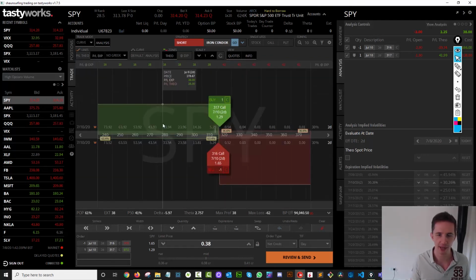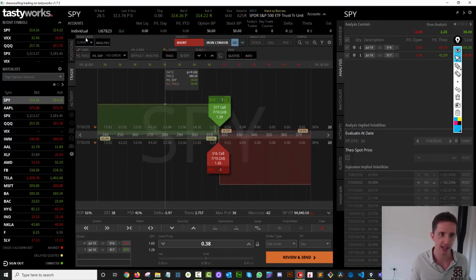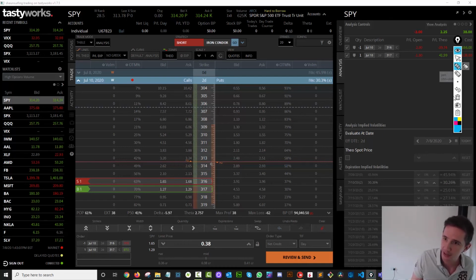This is what that actually ends up looking like. So let's just go over here to the payoff curve. My maximum profit is $38. My maximum loss is $62. But that said, when I go back to the table, I'm just going to change this to be percentage out of the money. So let's just change this here. I have a 63% chance of this working in my favor. So the probability is already known. I already have a 63% chance of this working in my favor. In fact, the exact probability of profit, which is what this down here shows you, this probability of profit here is 61%. So I already know that figure.